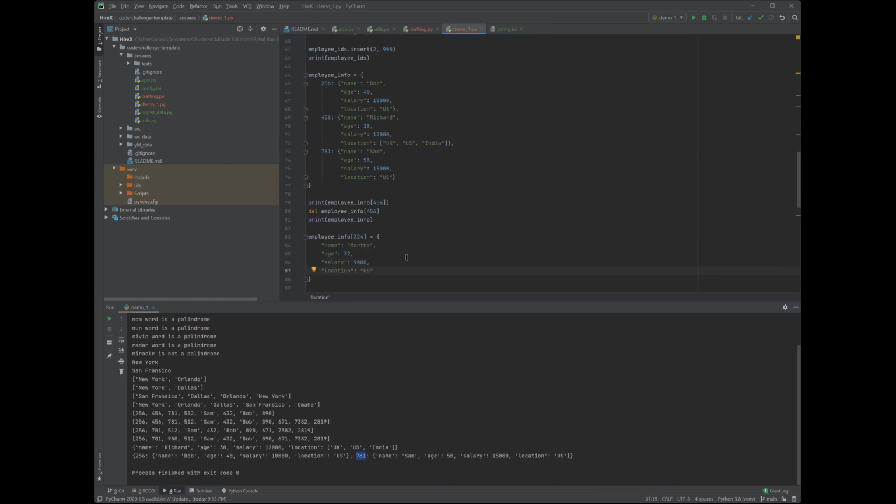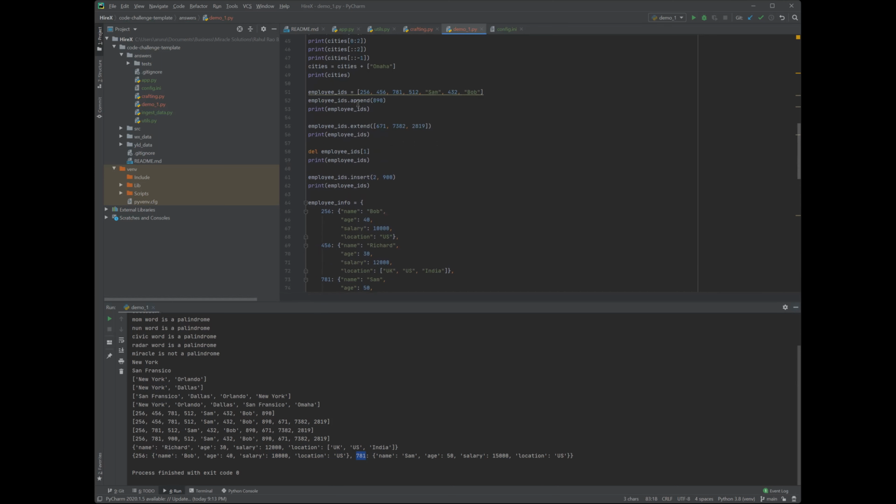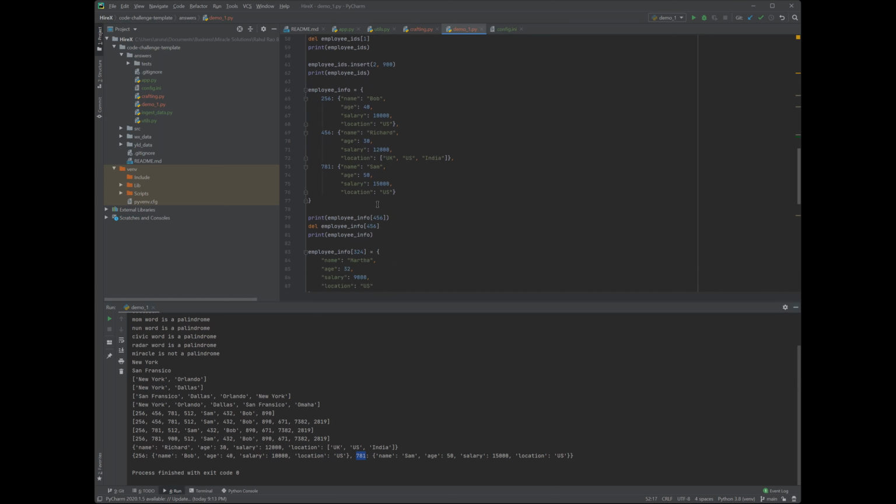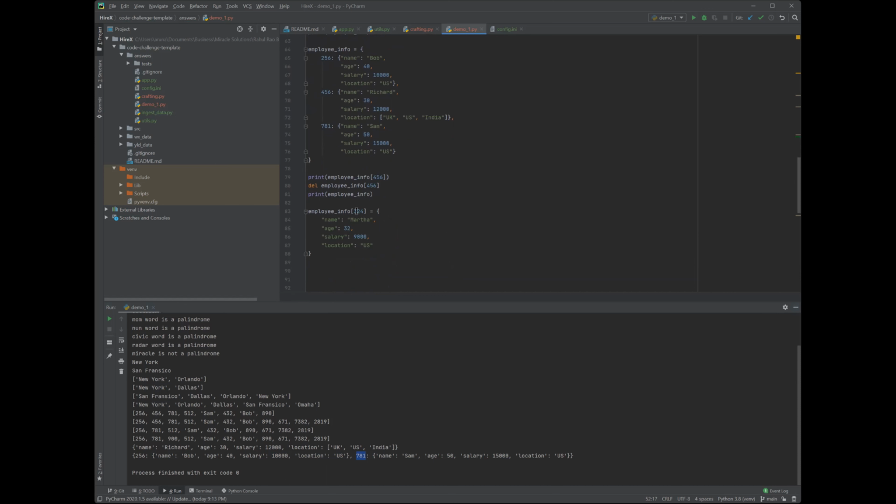So here I added a new key, which is 324. This employee wasn't there before. Adding for a list, you would do append or other things. But in a dictionary, you just do an assignment operation. You just do equal to. Equals means it's going to create this new key, and this is going to be the corresponding value. Now if I print this dictionary,